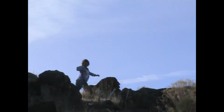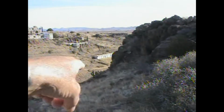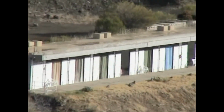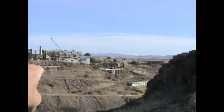Well, you got the sun right behind you, and I don't know how good that's going to be, but Millie's up on top of the mesa. She's really proud of herself. And down here are the little motel rooms that we did not stay in. Those are $45 a night. Some of them you have to share the bathrooms. We stayed at the Sky Room, which is